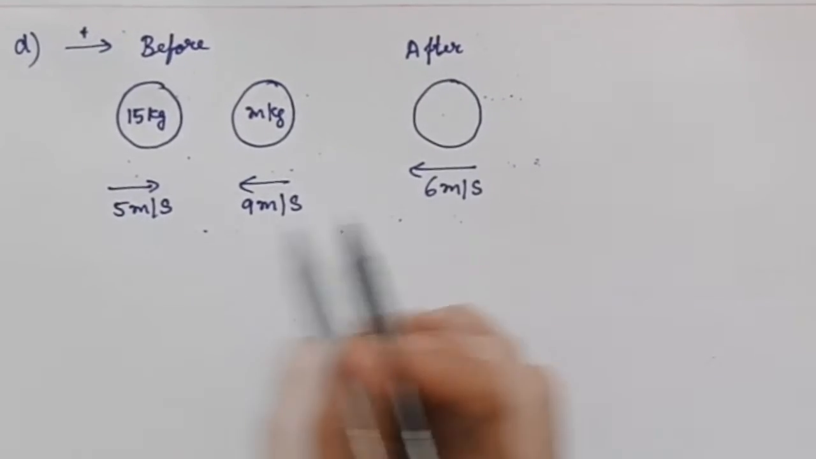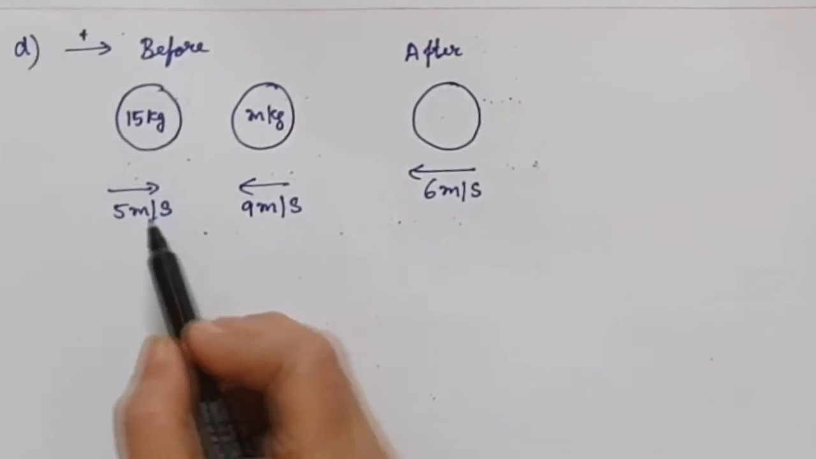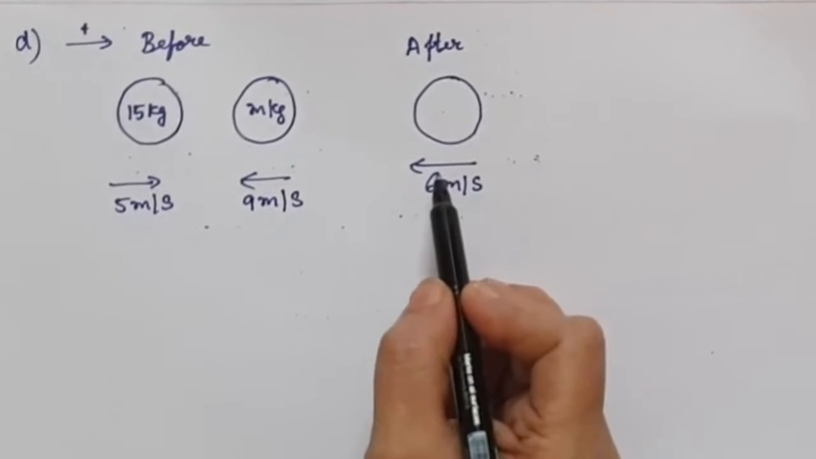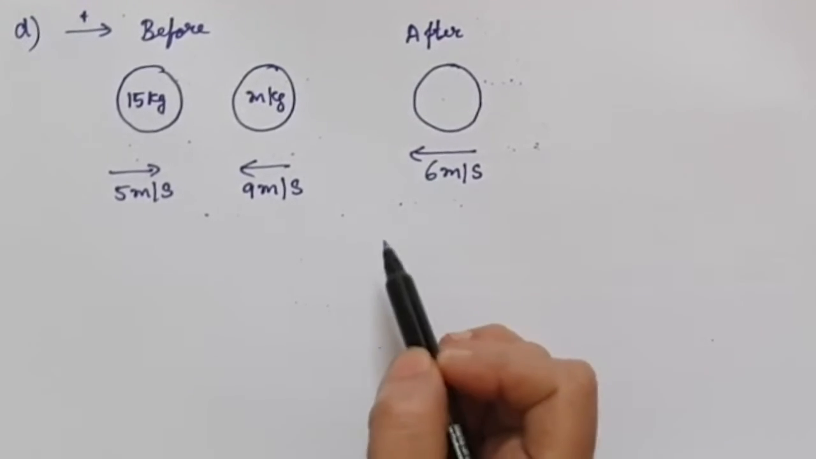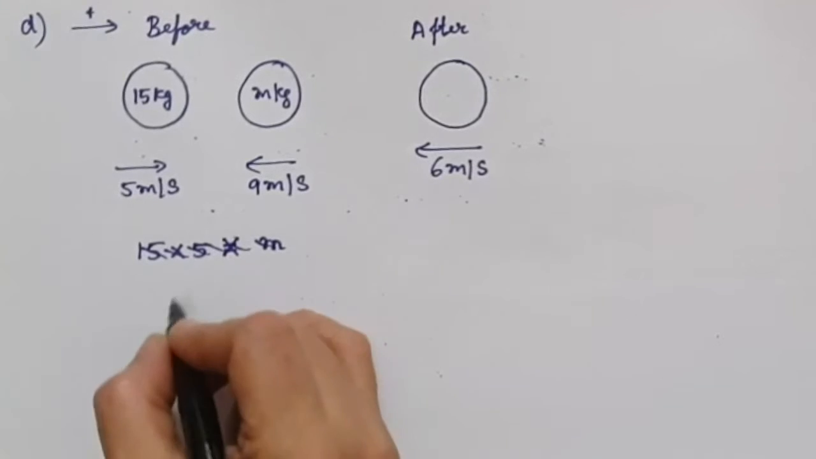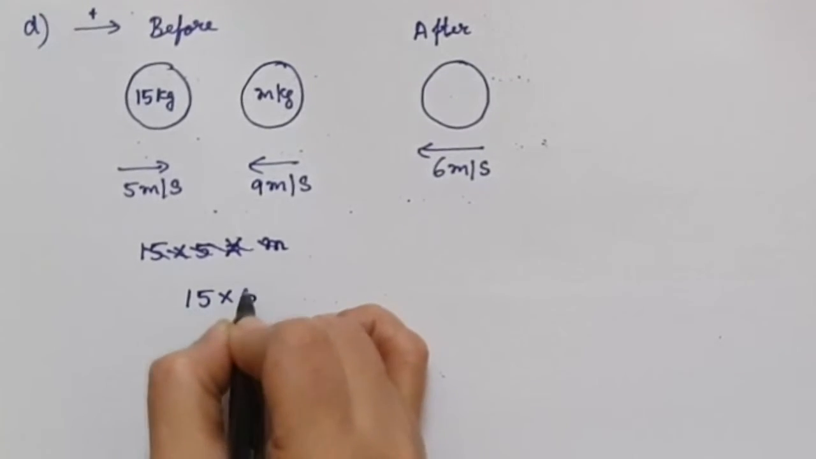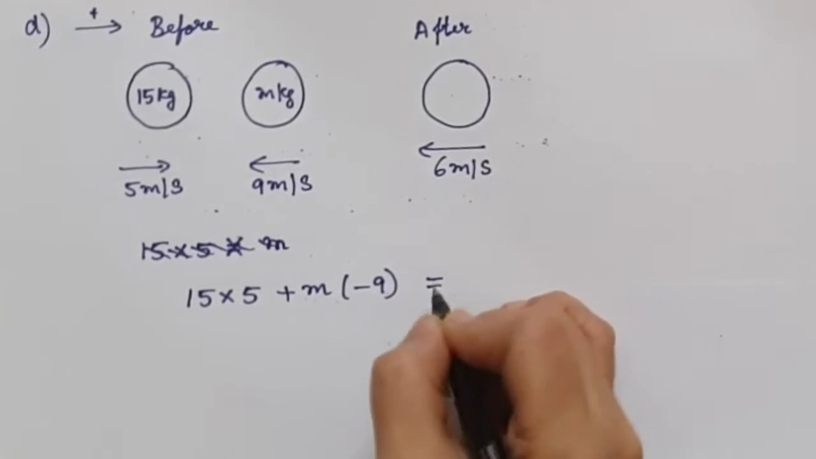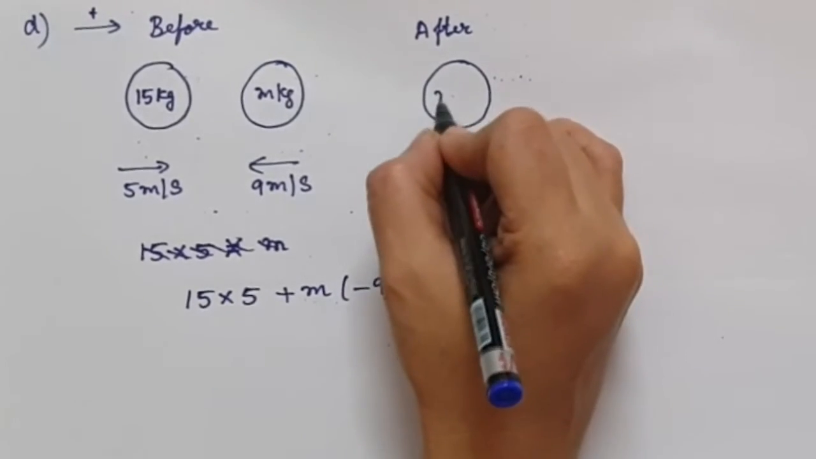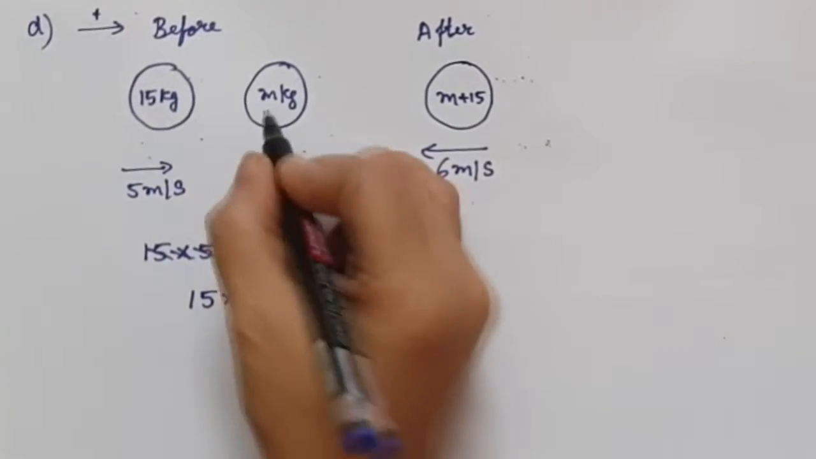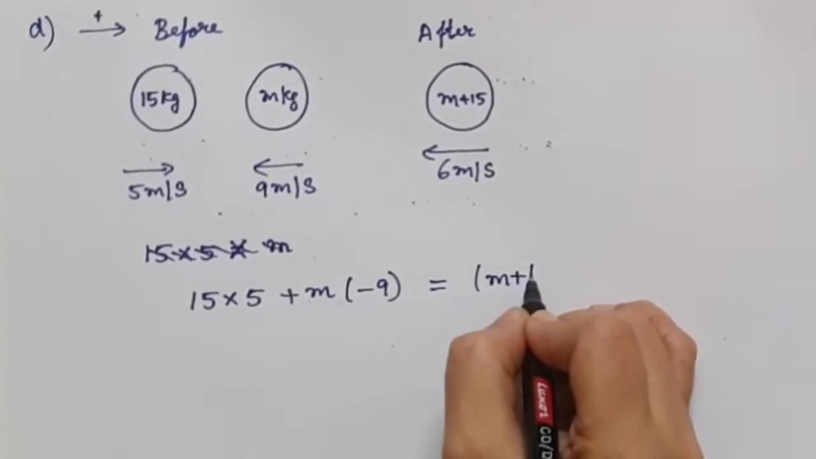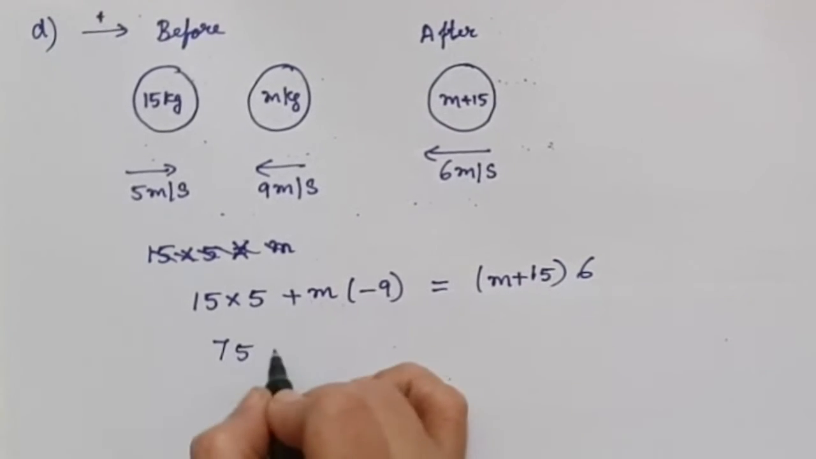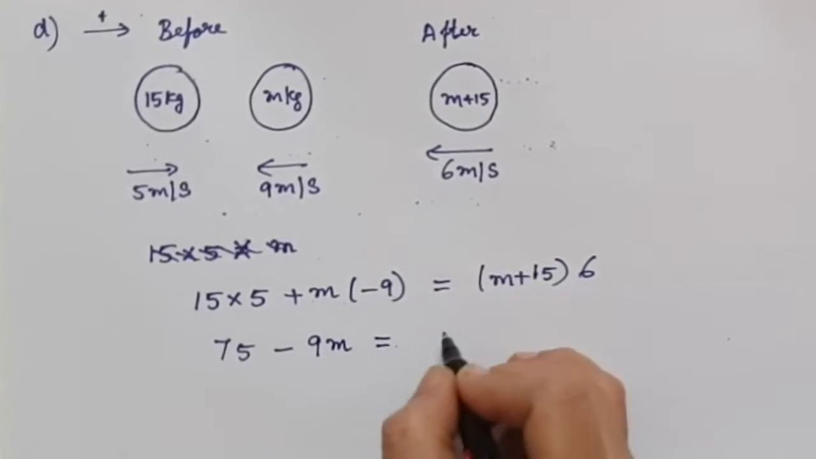mass of the total. And here the speed is 5 meter per second, 9 meter per second, and 6 meters per second. This and this are in the opposite direction. So we take our speeds as negative over here. Now using the formula, we have 15 multiplied by 5 plus m multiplied by minus 9 will be equal to m plus 15, the total of these two objects. So it is m plus 15 into 6. So when we simplify it, it is 75 minus 9m will be equal to